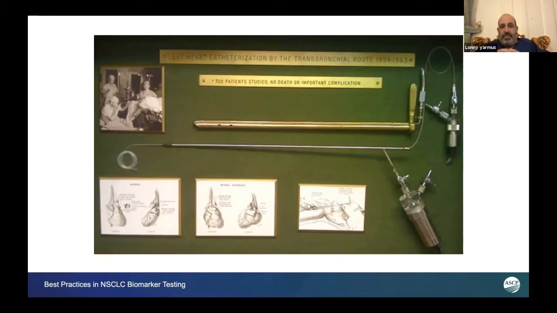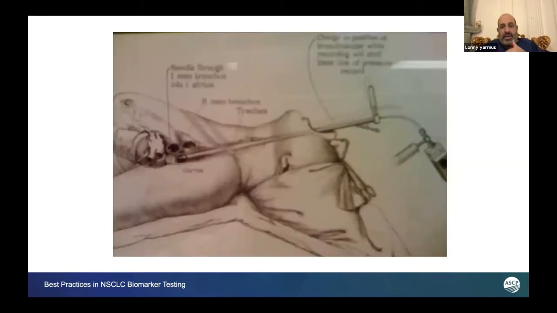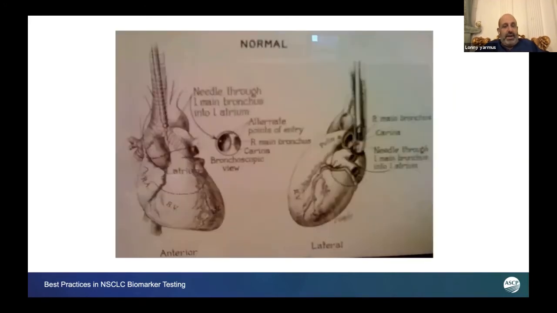So this was actually done, pictured here with that rigid bronchoscope, which is a steel pipe placed through the airway with that very rigid needle that's shown there. These are some of the original sketches, and what was done here pre-mitral valve surgery is the patient was anesthetized and a rigid scope was placed down through the trachea into the left mainstem bronchus, and you can see in the panel on the left, right adjacent posterior to the left mainstem bronchus is the left atrium. So a large 15 gauge needle was passed into the left atrium, and a transducer was then placed to measure